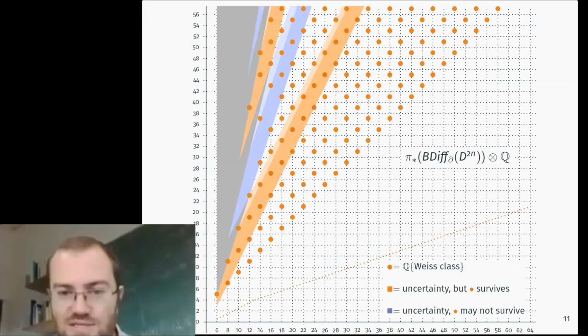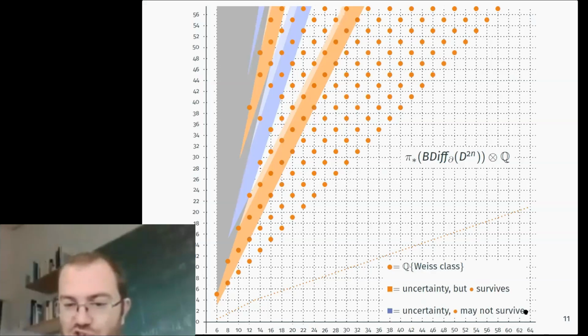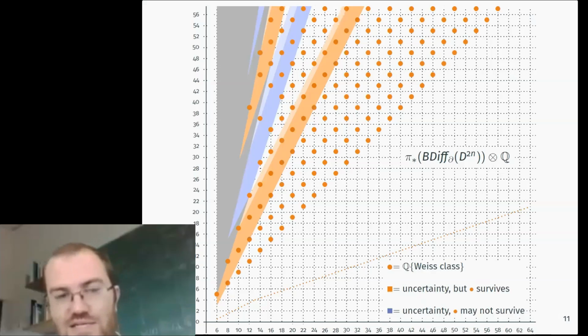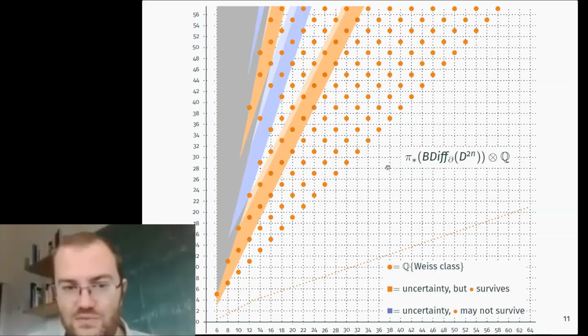So the picture looks like this. I'll spend quite a lot of time on this. This is plotting in the horizontal direction the dimension of an even disk, so starting at 6, 8, 10, and so on. And vertically, it's plotting homotopical degree. And we have the following meaning. When there's nothing, that means the group is 0. Each one of these orange blobs is a copy of the rational numbers and corresponds exactly to one of these classes found by Michael Weiss. And if you see them in each column, you get one every 4 degrees, just like he suggested.